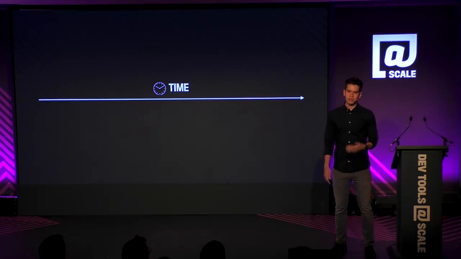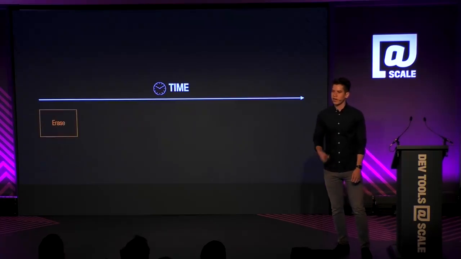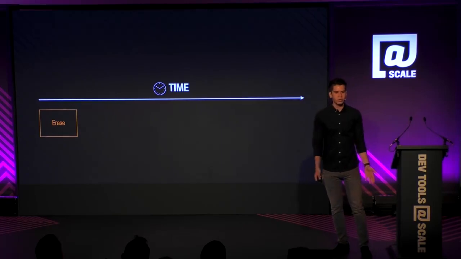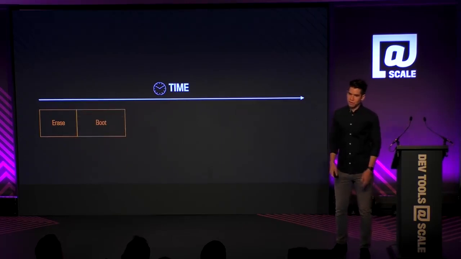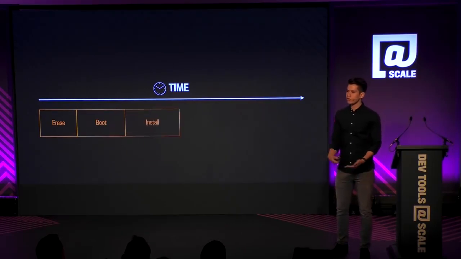Suppose you just ran a test on an emulator, and that changed the user data. That user data later on can impact the result of test B. So one of the first things that we need to do is erase anything that's on the emulator. After we did that, we can finally boot a resource. And after we boot it, just remember that we just wiped everything, so we need to install the application again. So now, finally, we can actually run our test.